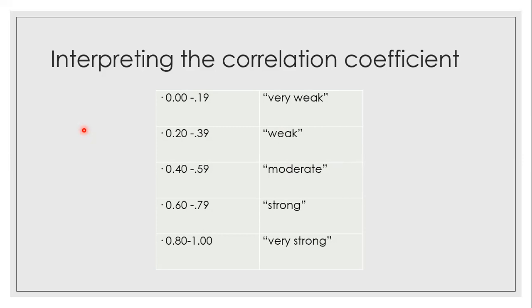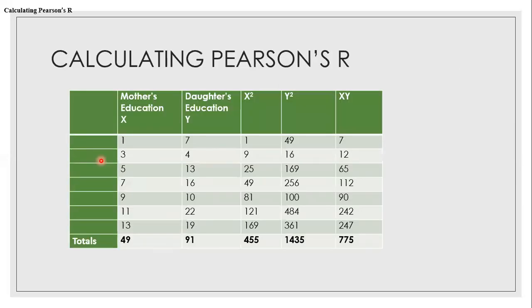You'll find a moderate relationship if your coefficient is between 0.40 and 0.59, and a strong relationship if it is between 0.60 and 0.79. If it's anywhere above 0.8, then it's a very strong relationship. This is handy to keep right in your book. Keep it at a point where you can easily refer to it, because once you've done your calculation, this is what's going to guide you in interpreting those values.